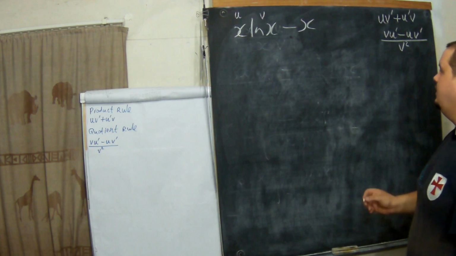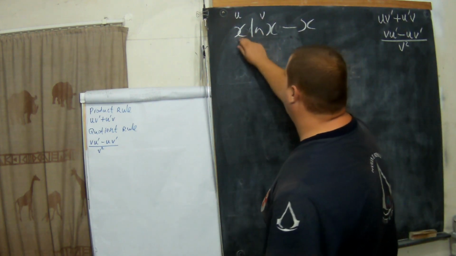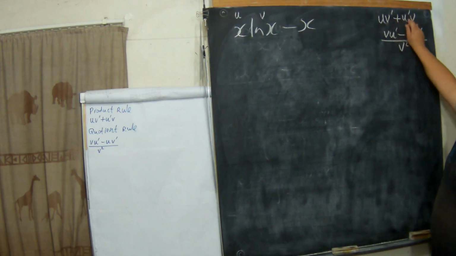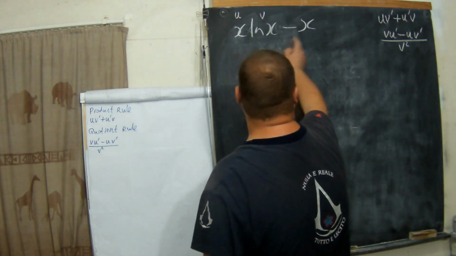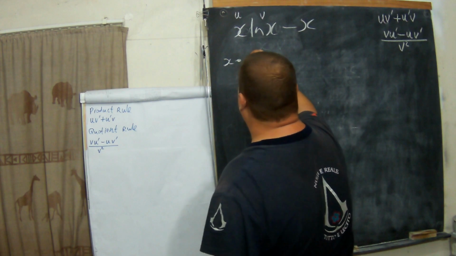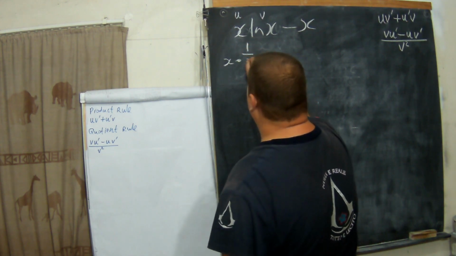So, what we have to do is take the two parts that are multiplied together and put them in the formula. So how that'll look is U, which is x, multiplied by the derivative of ln, which is 1 over x,